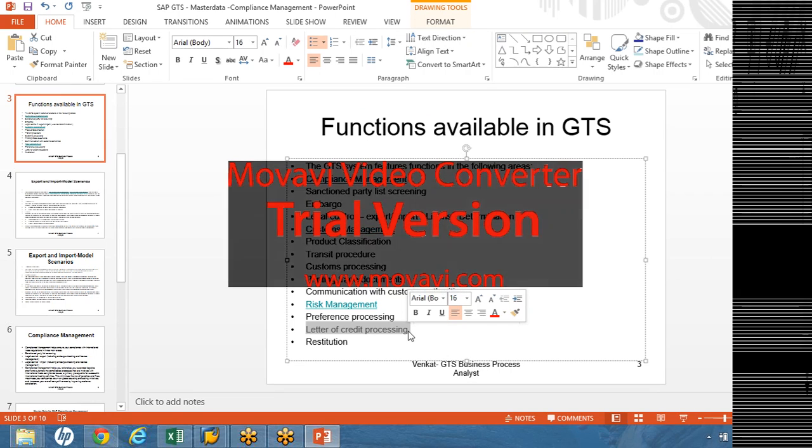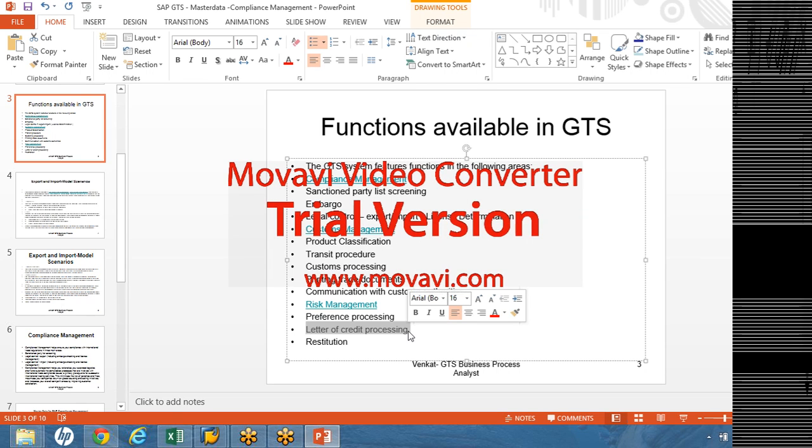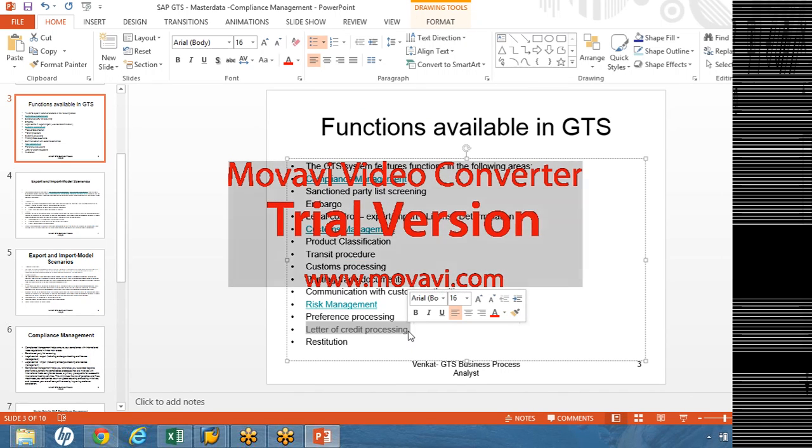Letter of credit is a guarantee document. Letter of credit is a surety document which is issued by the bank to the exporter on behalf of whom? Why is the bank giving it to the exporter? Because the importer will request